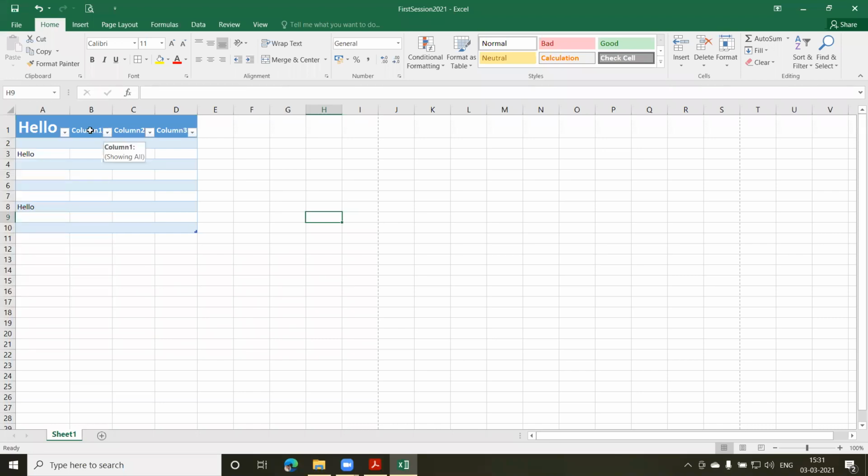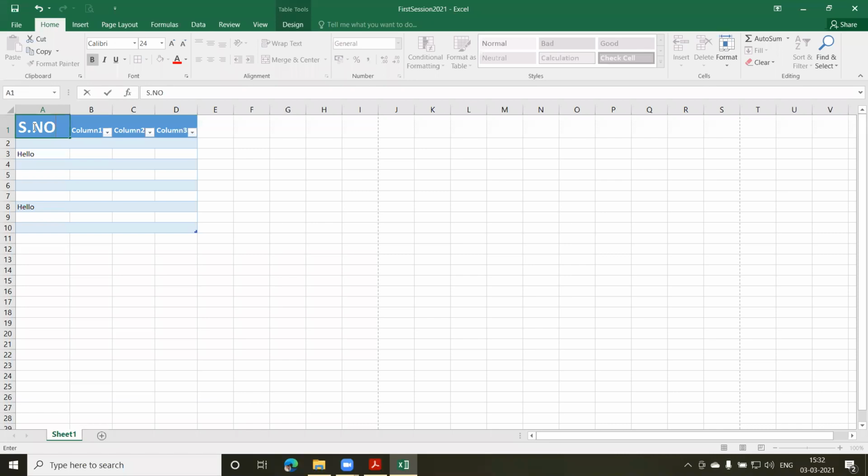Now wherever I did not have a column heading, it gave me a default column heading: Column 1, Column 2, and Column 3. Whereas in A1, I had typed something which was hello. So I'll change that now. Let us say I'll change it to SRNO, serial number. So I'll say SNO.